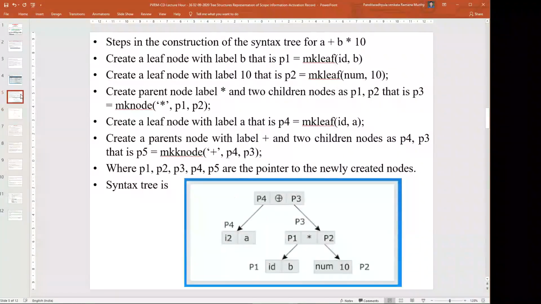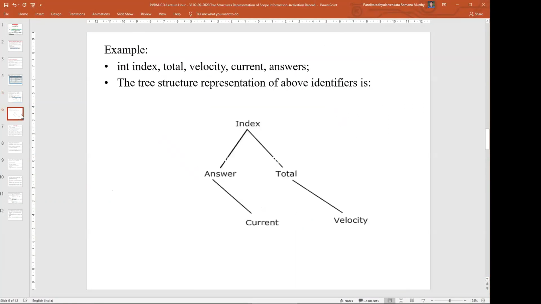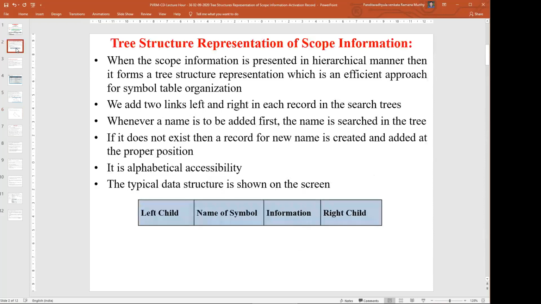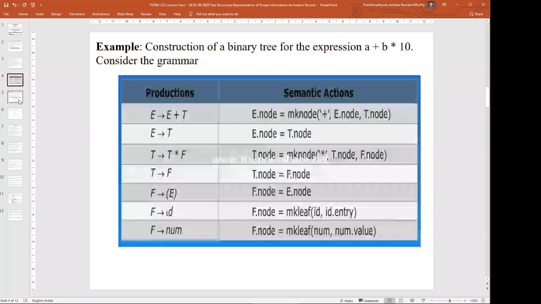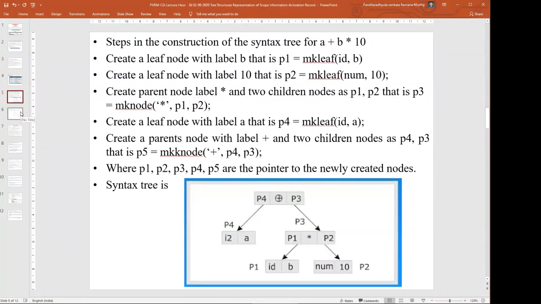Once again, we can apply this in the same fashion, but the only thing is we are creating all values from left to right. But this is the expression, this is the binary tree. So in this fashion, we can represent the scope information. After creating this, we can identify if a value is available.